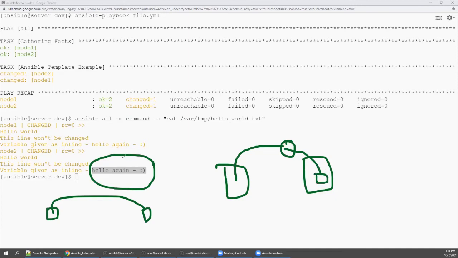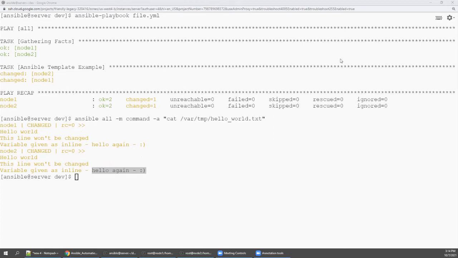So this is the major difference between the copy and template modules. Wherever you want a plain file copy, go with the copy module. Wherever you want to replace values in a configuration file according to that machine, use the template module, right?